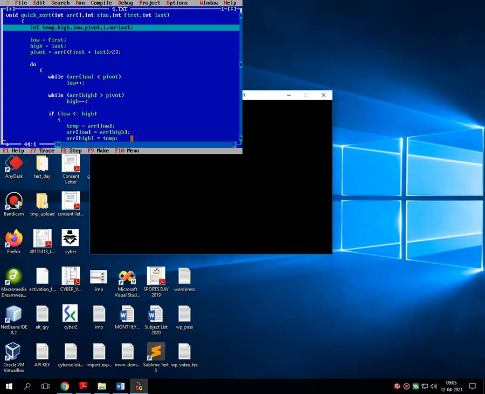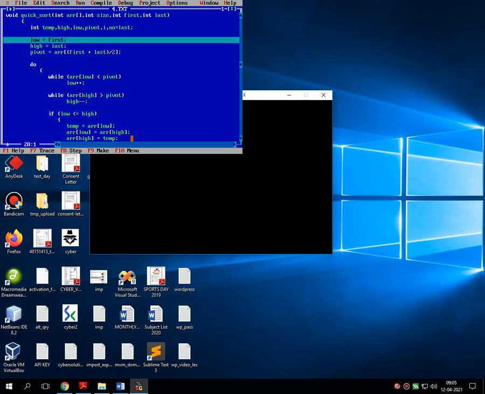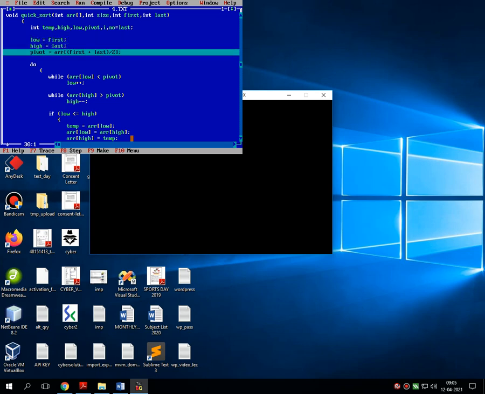A few local variables I have declared like temp, high, low, pivot, i, number equals to last. This is my step number 1 as per the algorithm. Low is equal to first, so low becomes 0 and high becomes last, that means high becomes 5.